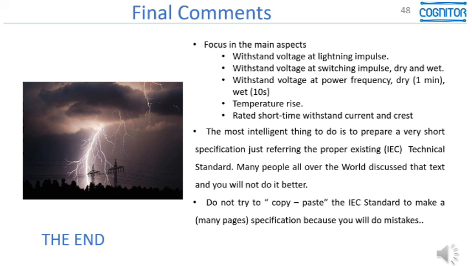Write as few words as possible, just referring to the proper items of the IEC standard, and you'll be doing a very good work.